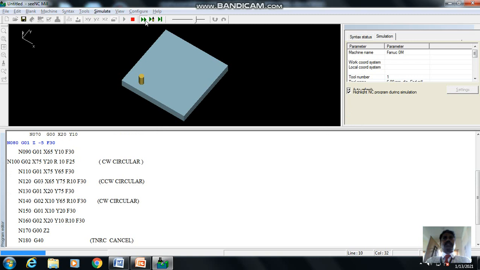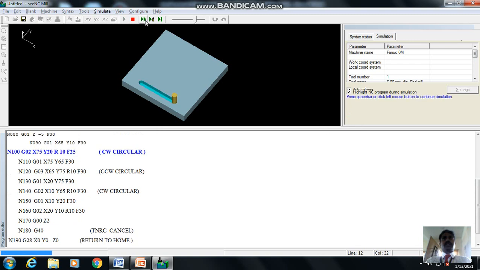Now the next step, shown in blue color, which is going to happen, is G02, x75, y20. That is a circular interpolation. Now if I click it, it will make a circular arc. So this is a circular arc. Next, it has to move in a straight line, where x is 75 and y 65. So this is how it is moving to that location.